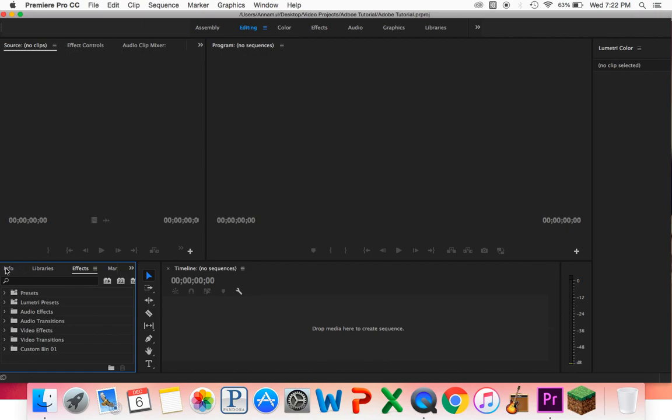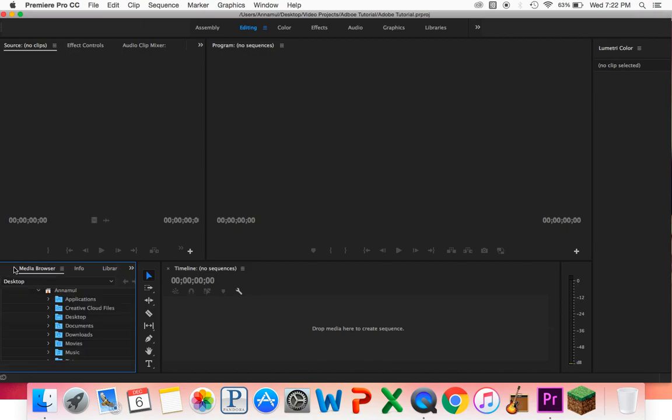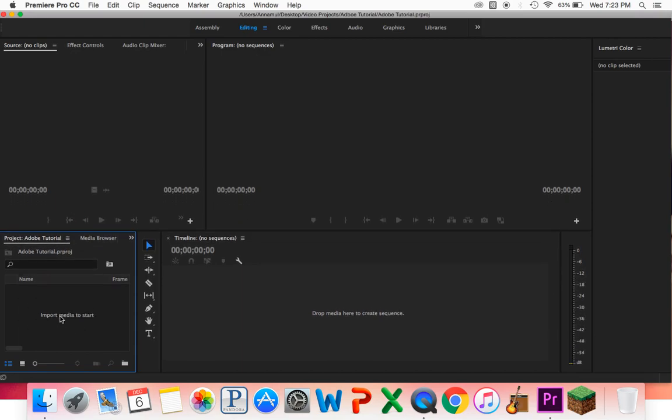Right here, if we go all the way far to the left, we got your project. Now, this is all the stuff. We don't have anything imported. See, it says import media to start. We don't have anything imported, which means we have no files to edit yet. But this is where they will show up. You'll see that in a minute when I import some clips. So this is where they will show up, and then you will move on over here to like effects, and